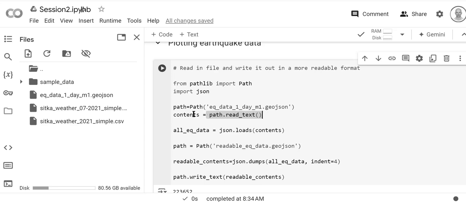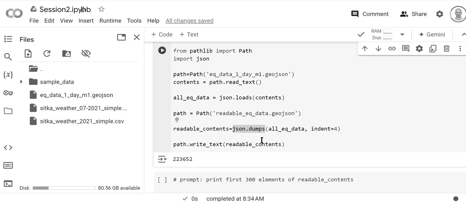And then after we've read in the text and we've put it in contents, we are going to go ahead and rewrite it back out. Okay? So we basically convert it using this JSON loads, and then we're going to change the file name, right? We're going to call it something different to distinguish it from the overall file. And then we're going to go ahead and dump it using this JSON format. The reason that we're doing all of this is so that we can read the file using our own eyes, okay? So let's go ahead and run this,